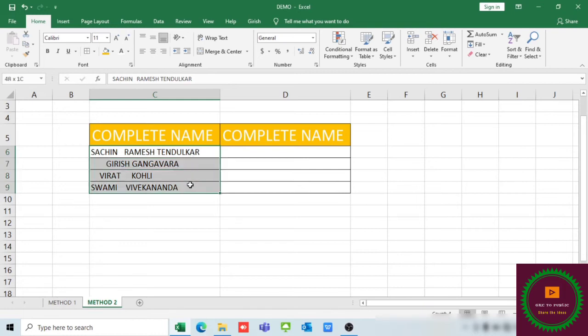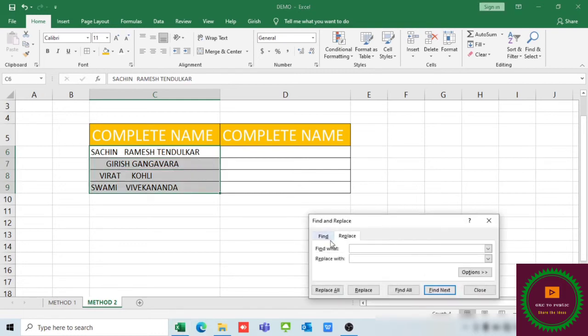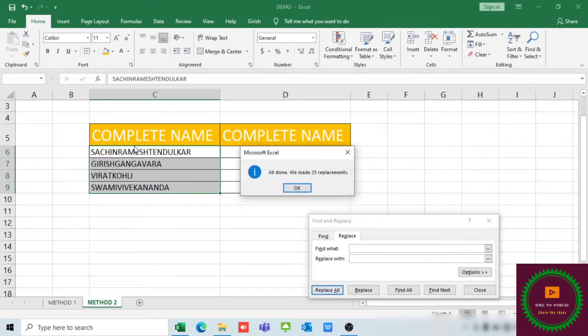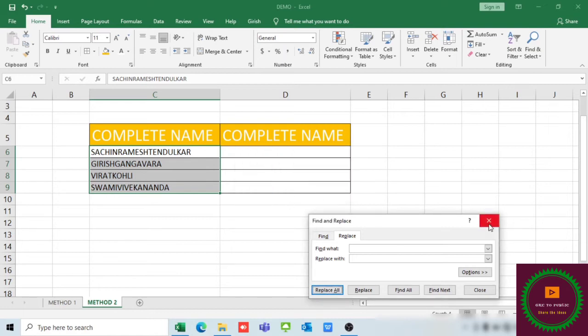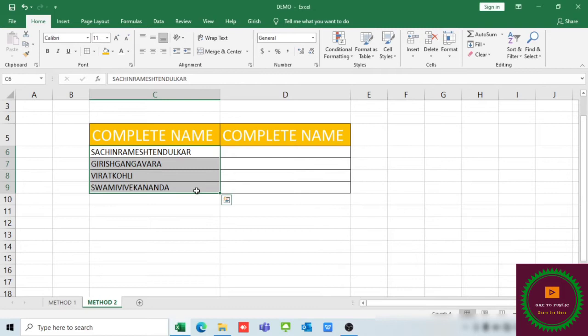If we use Control H and do it, you can see the entire name becomes one word. So this method will not work when we have a person's name, a village's name or a place name. So for that we go for the second method.